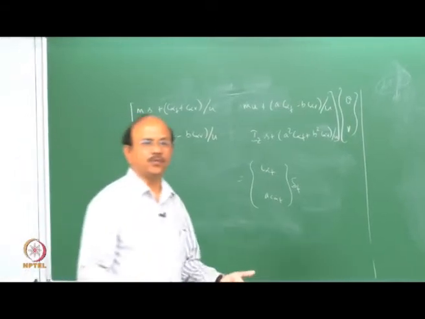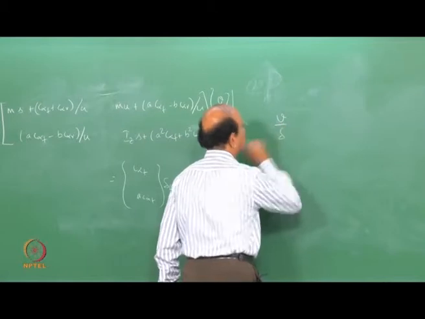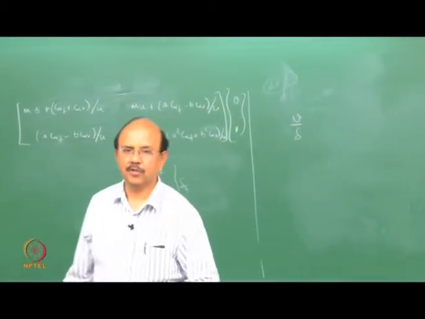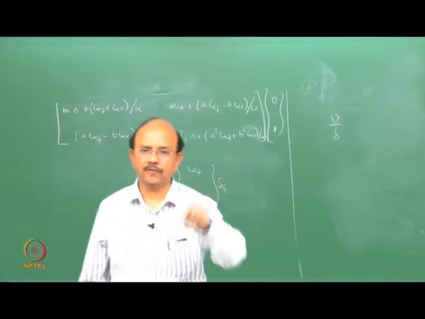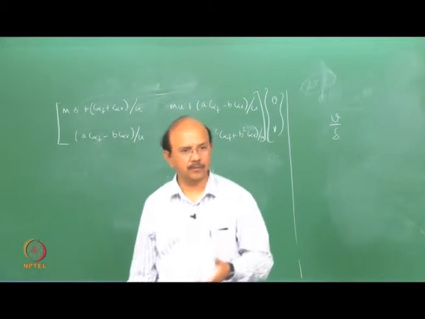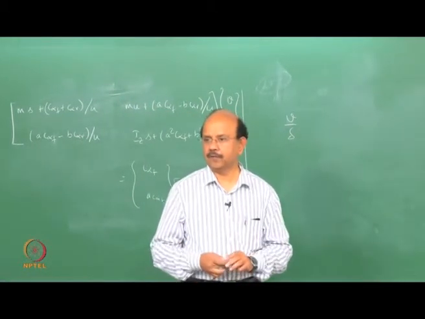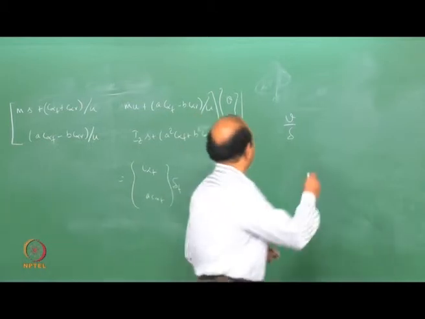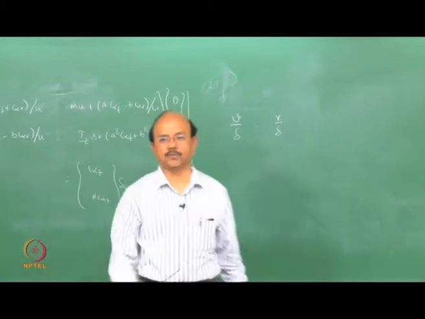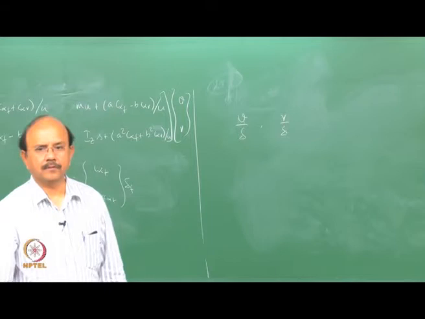What I'm going to first do is find out what V by delta, the lateral velocity, is. Because once I know that, I can always find out A later: V dot plus RU, V dot is SV, and so on. So it's not going to be very difficult. So I'm going to find out what V comma delta and R comma delta are. This is what I'm going to find out. Okay. So how do I do that?